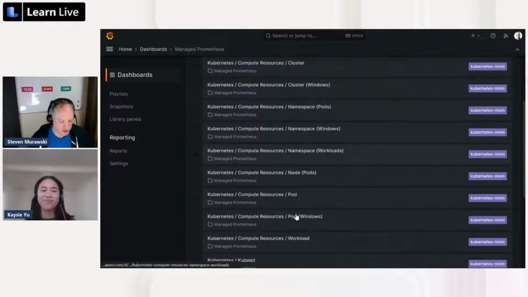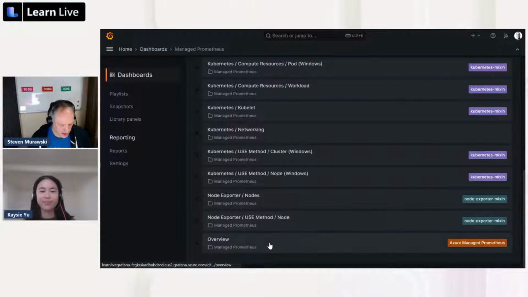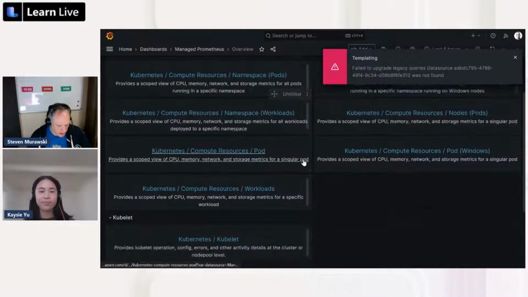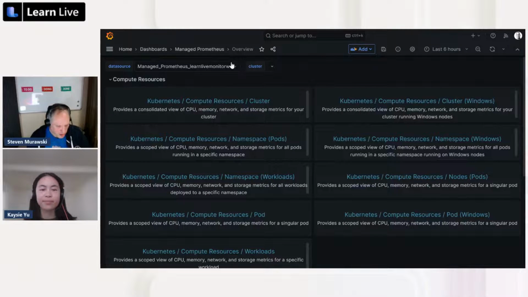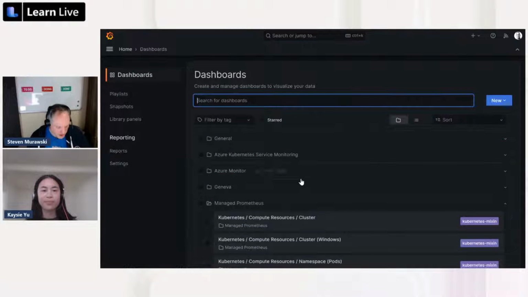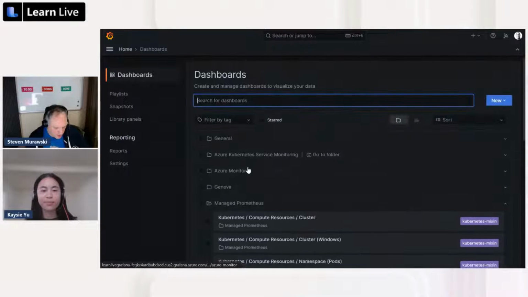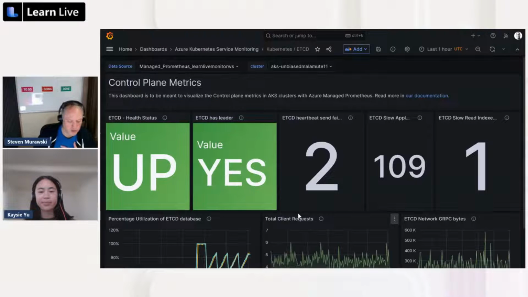Some of the other things that were showing up in the Managed Prometheus dashboard. If we look at overview, now where is? There's a dashboard I was looking for, and I had it earlier. Oh yeah, the etcd and the API server graphs, right? So the etcd one,